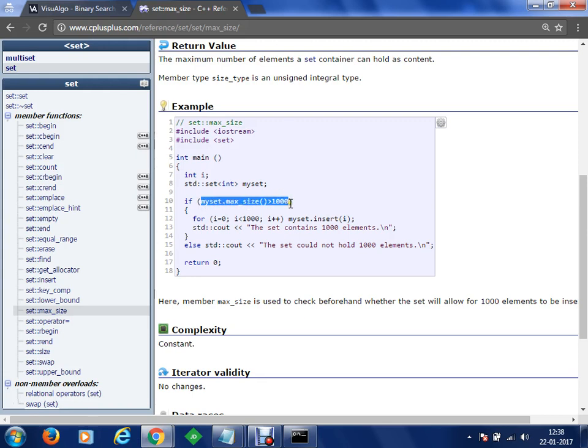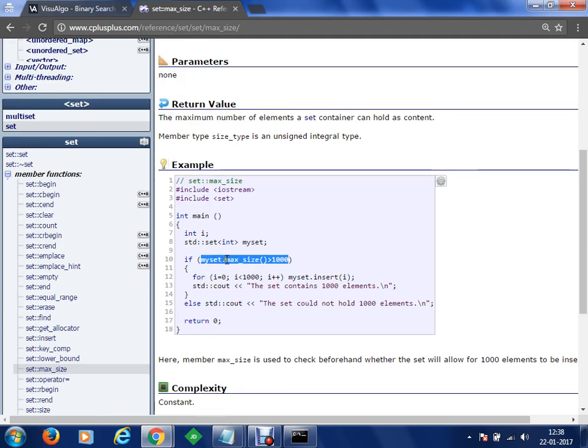Here it's ट्रू और फॉल्स रिटर्न कर रहा है, ठीक है. तो मैक्स साइज मतलब कंडीशन, हाँ, this thing myset dot max size is giving it the integer only.